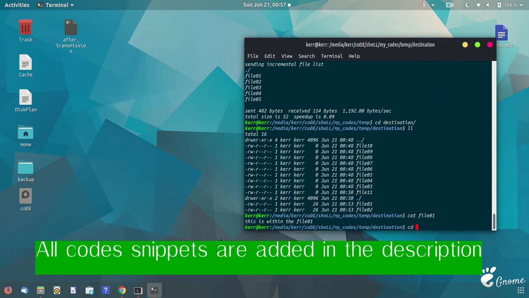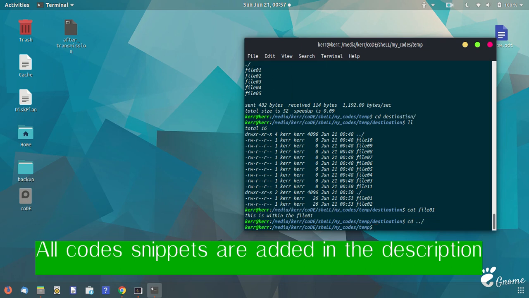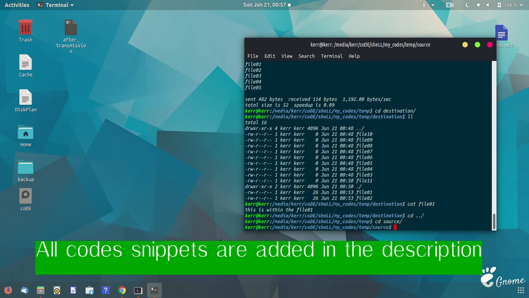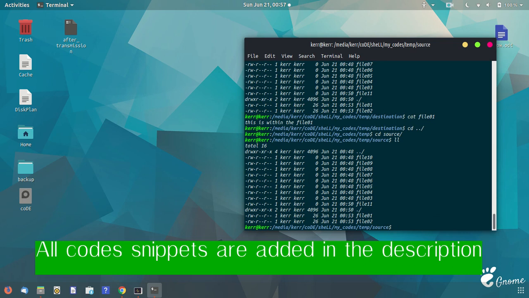Okay, now let's make changes in the source directory. Let's delete some of the files. If we remove some files from the source, that should be synchronized with the destination folder as well. What I mean to say is, if I remove 5 files from there, those 5 files also should be removed from the destination.